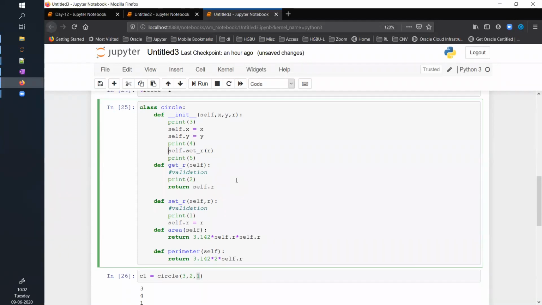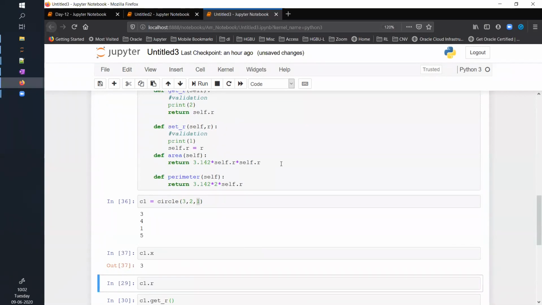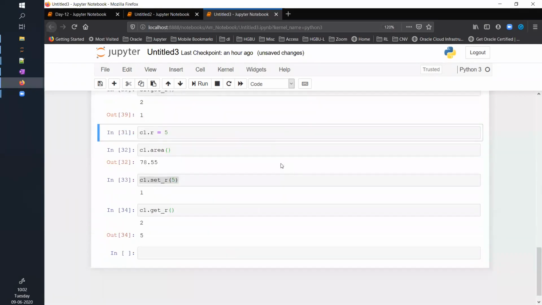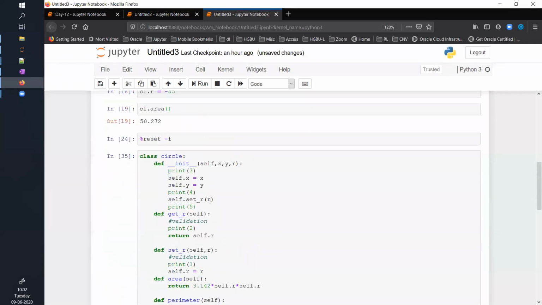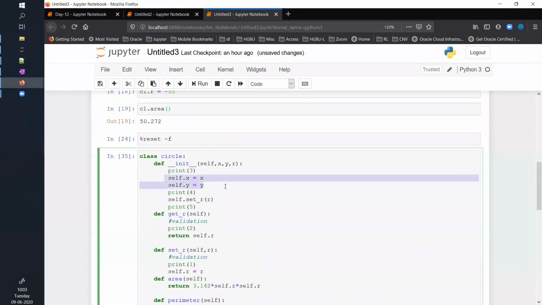You should not be writing self.r equals that whole thing. Better to have this. Okay, this will also work. You are right. I should not have done that. That was incorrect. Okay. In initialization, I initialize.